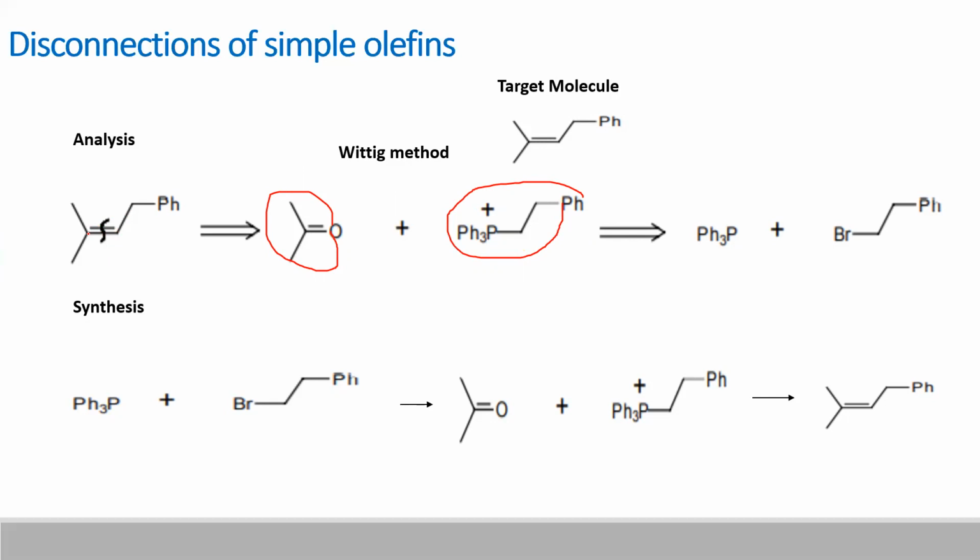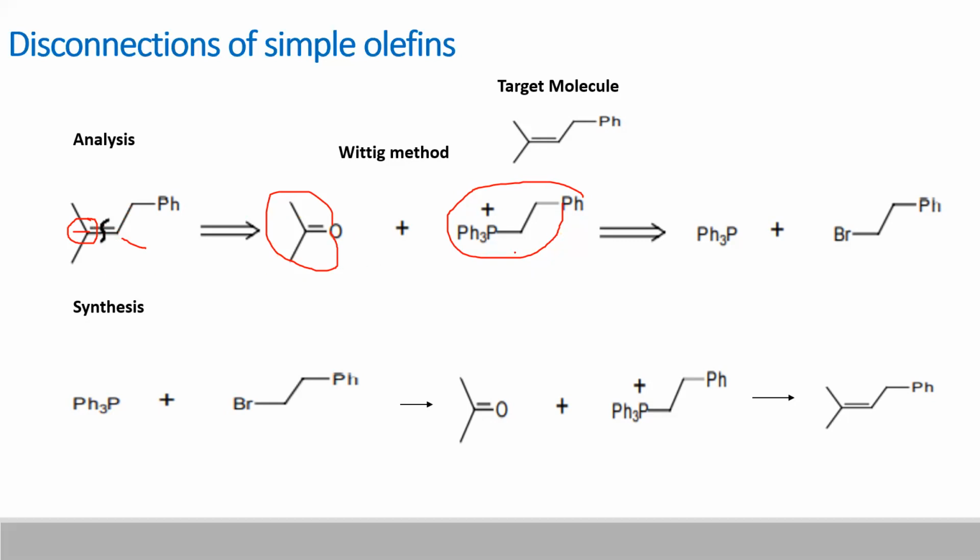So where to write down the oxygen, whether you have to write down oxygen to this carbon or to this carbon? The best one is the placement of double bond O here, because you get a known starting compound which is very cheap and readily available, that is the acetone. So placement of oxygen here is the best method. So you'll get acetone plus Ph-CH2-CH2, and here you have to write down the PPh3, that is